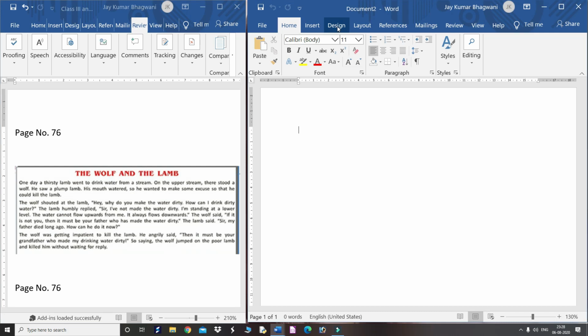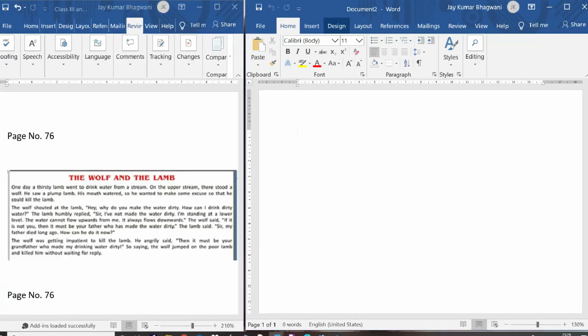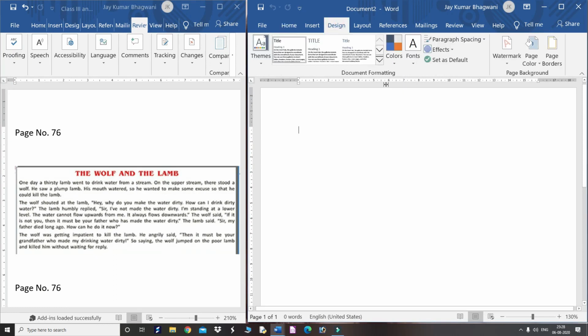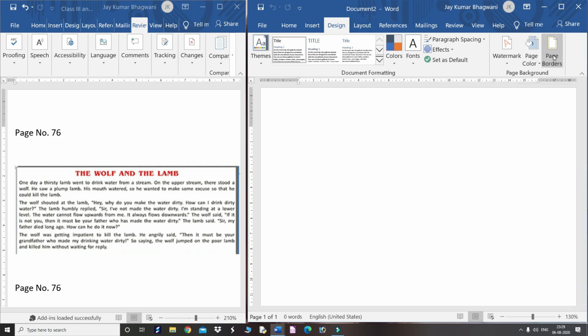How to apply the borders? You have to go to the design tab. Then there is the option called page border. Those who are using Office 2007, there is an option called page layout. In the page layout, you will see this option.